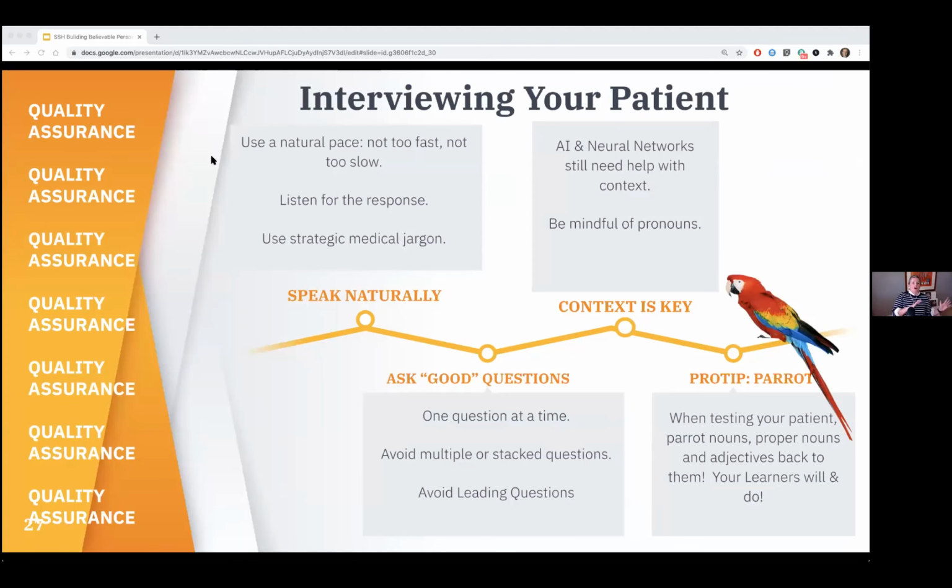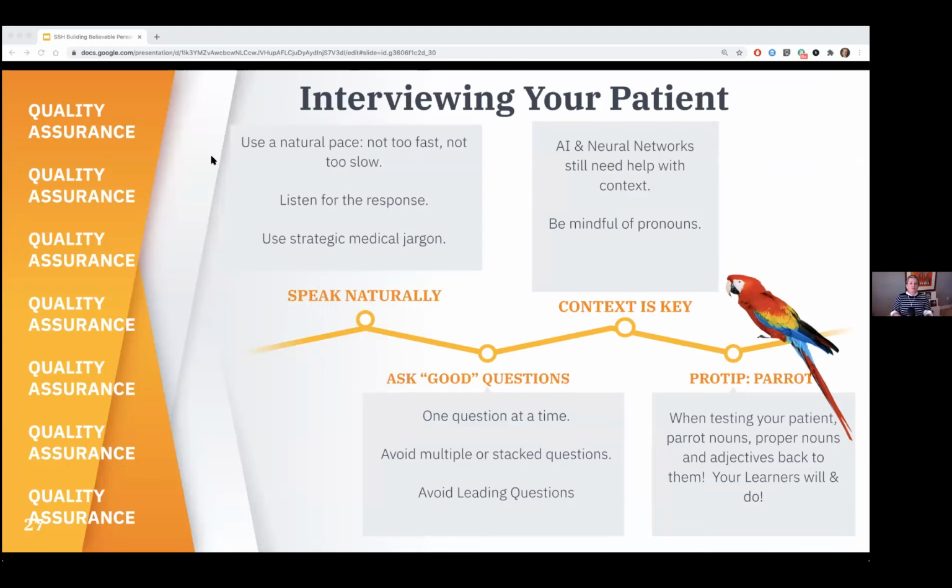Once you've put in all your patient responses and you've made an attempt to anticipate the clinical conversational flow, you've done your 3-layer onion exercise, the final test is to QA your patient. Or interview your own patient before your learners interact with them or see them. Sometimes this can highlight responses that you might want to edit, or it can highlight maybe where there might be persona holes, if you will, or conflicting information.